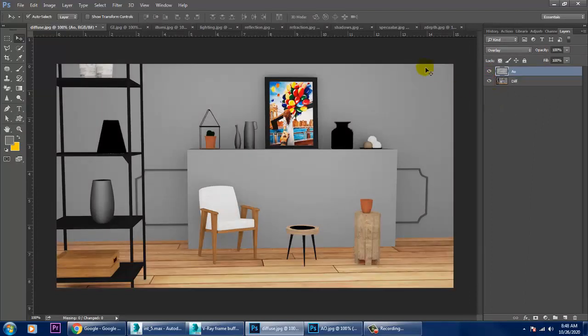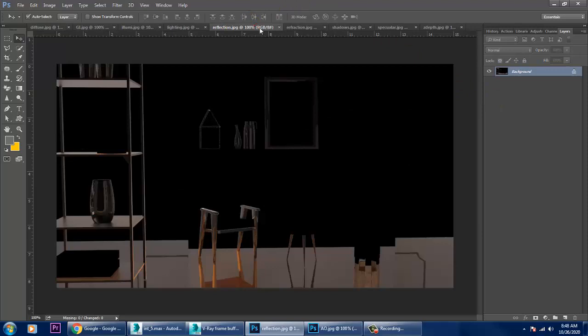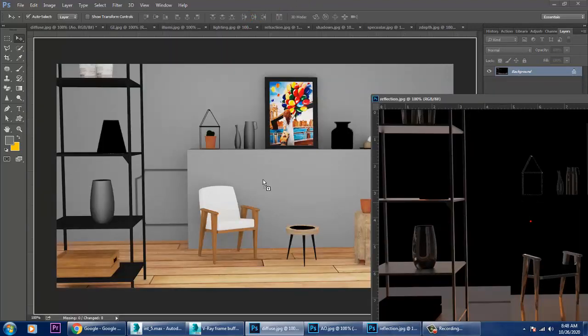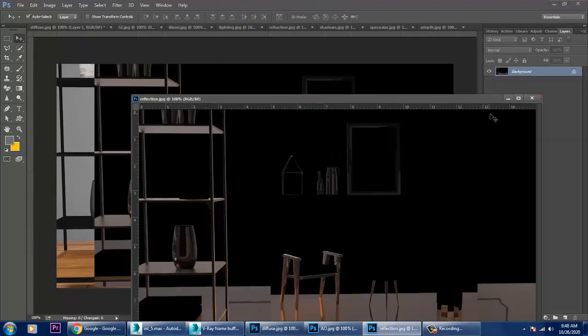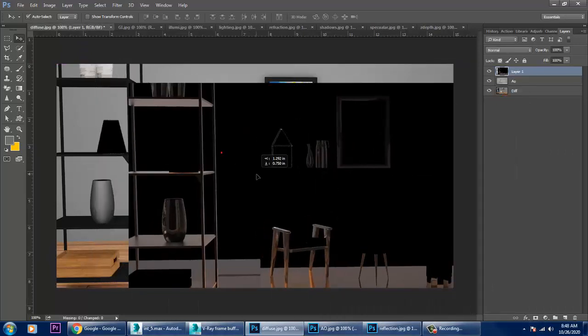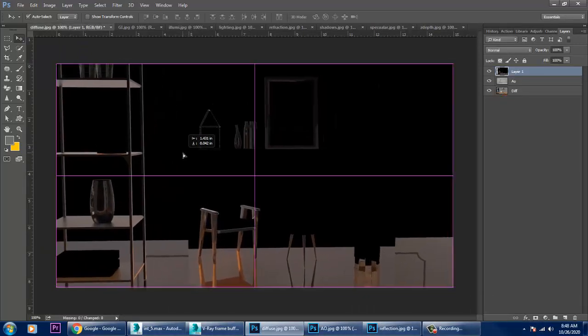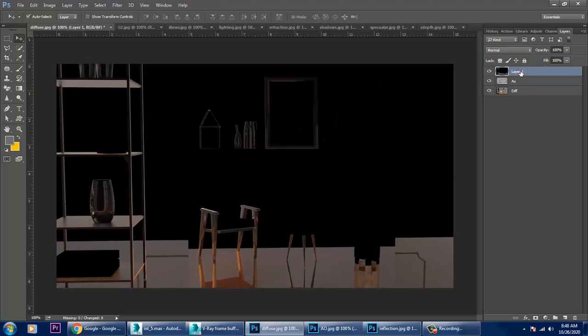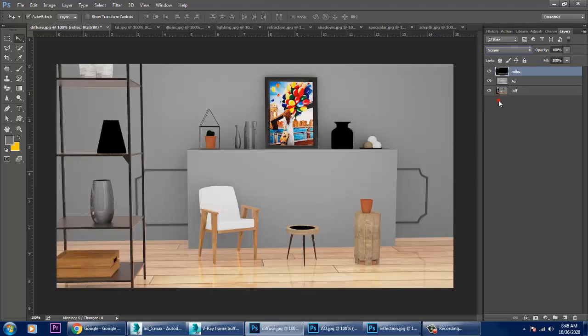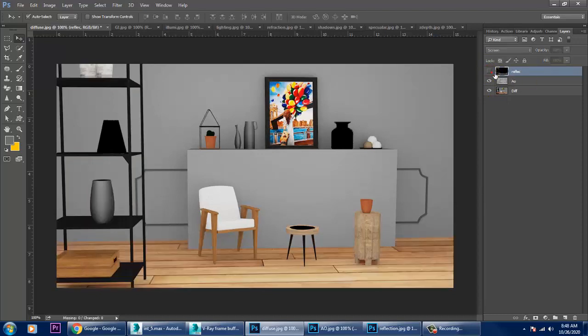Then we have a reflection pass. So we can also use a reflection pass. So let's just take this reflection pass and you can use it as a screen also. So you can see this is a reflection pass, so you can use a reflection pass over here.